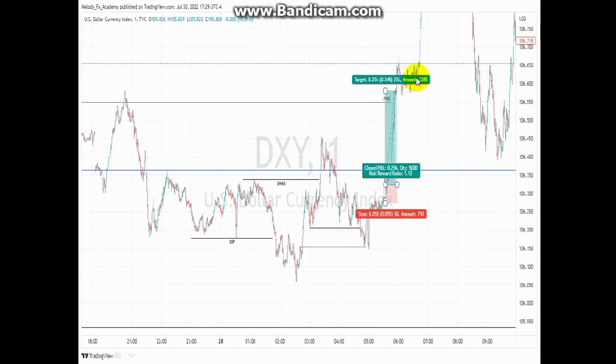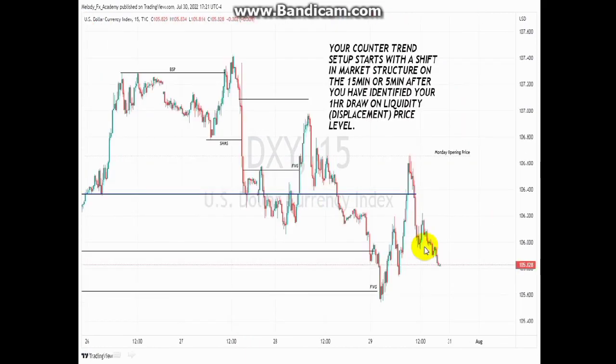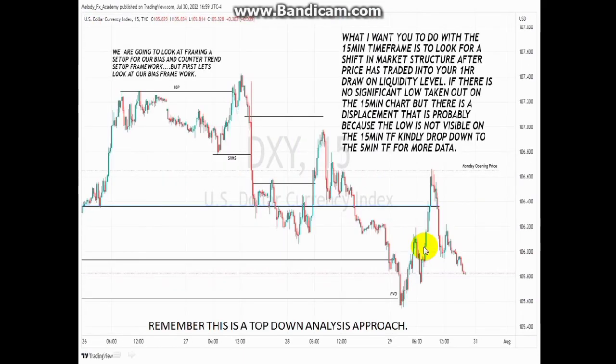So if I was expecting price to drop into a fair value gap to go up, what I will do is look for a counter trade setup, a long entry into that fair value gap in order to go up. So that is how you take your counter trade setup, and as you can see, we had a risk reward ratio of 5:1. So the takeaway of this lesson is that I want you